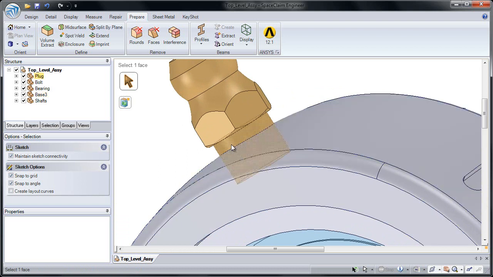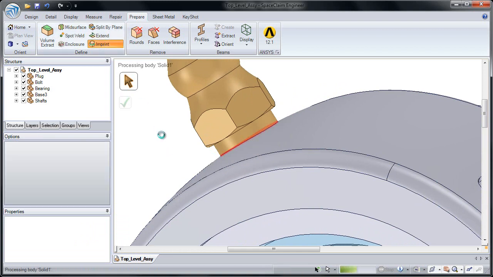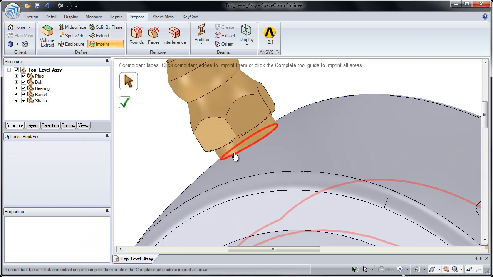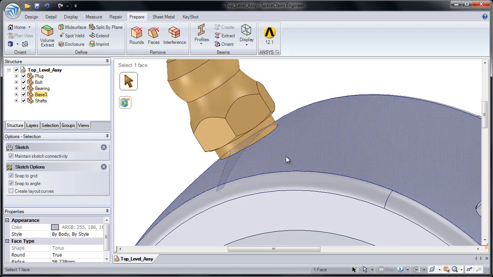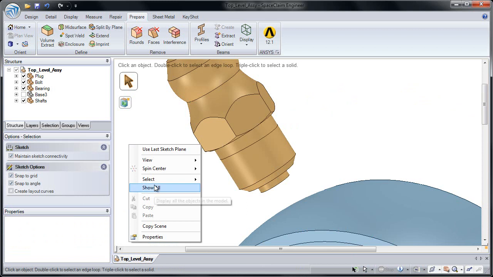For example, here you see this orange face is one single face. If I run the Imprint tool, it'll go through and detect areas that can be imprinted. So notice this edge of the blue solid will be imprinted onto the orange one when I click it. So now if I was to right click on this solid and hide it, you can see that that face has now been split into two regions. So if I show all again,